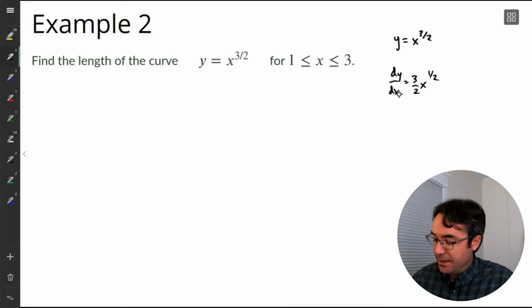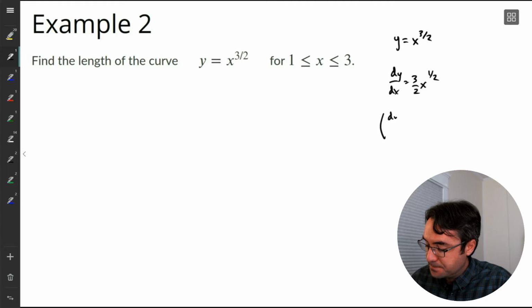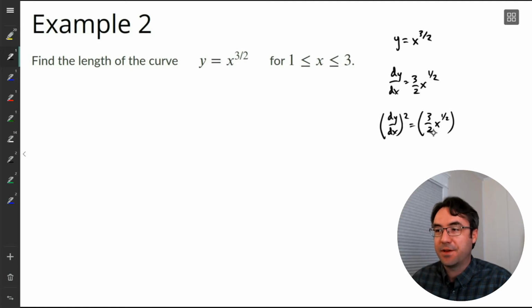All right. Now we know our length formula here has the derivative squared, so let's square this thing. So we're squaring everything. And I forgot the squared. We got to square it. And so we have a constant here times a variable part. That multiplication, we have to essentially distribute this exponent when we have multiplication. So we're going to square the 3/2, and we're going to square this x term. So that's sort of a common mistake. Just remember, we need to square both of these because it's